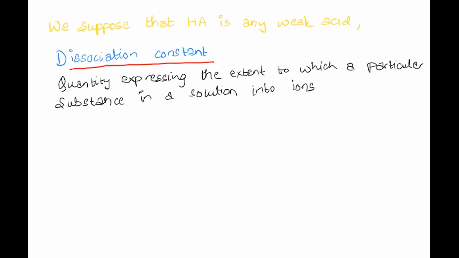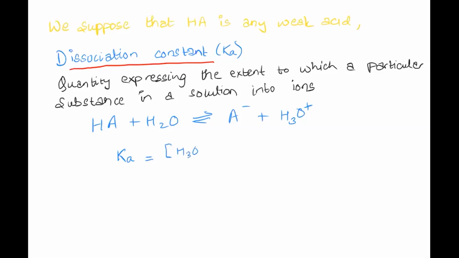So while we were discussing, suppose we have our acid HA, it reacts with water and it gives out A minus and H3O plus. This reaction can happen in both ways, that's why I've made this double arrow. Okay, so this is the reaction that will be happening. Now the value of Ka, this is denoted by Ka, is given by the following. I'll explain this.